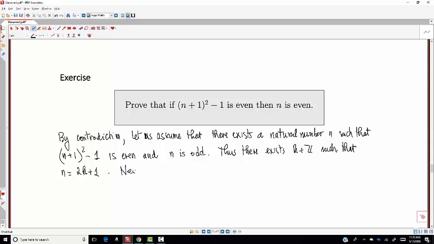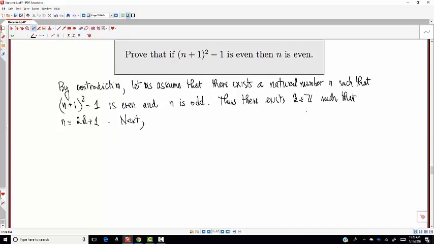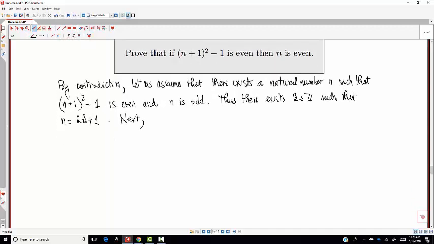And next, because this is the case, then (n plus 1) squared minus 1 becomes (2k plus 1 plus 1) squared minus 1, which will then be (2k plus 2) squared minus 1,